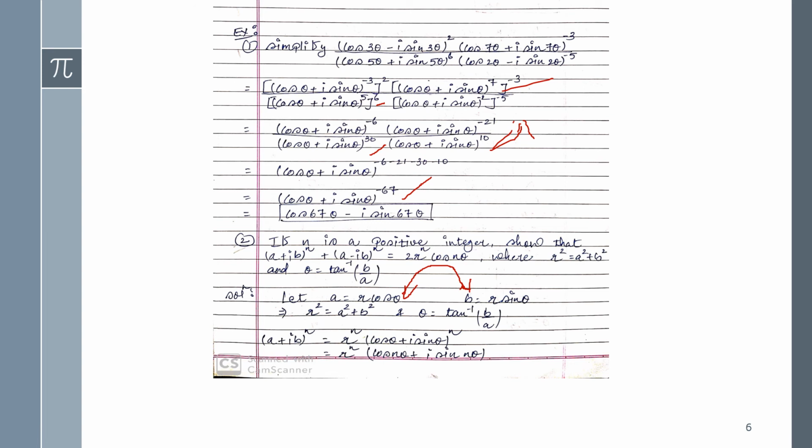So first of all, I am finding this one, that a plus ib whole raised to n. Okay, now a plus ib, you can check our basic concepts of complex variables, in which I have written in the notes that a plus ib, there it was x plus iy, that will be r into cos theta plus I sin theta. But here it's given a plus ib whole raised to n, right? So this one will be r raised to n into cos theta plus I sin theta whole raised to the n power, right? So now next, r raised to n, just keeping as it is.